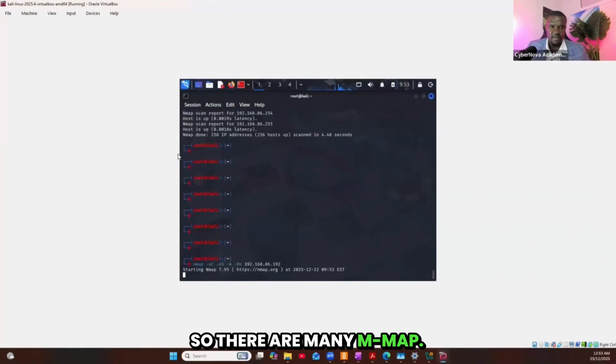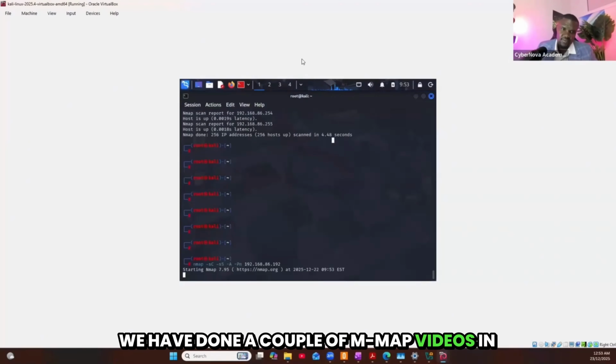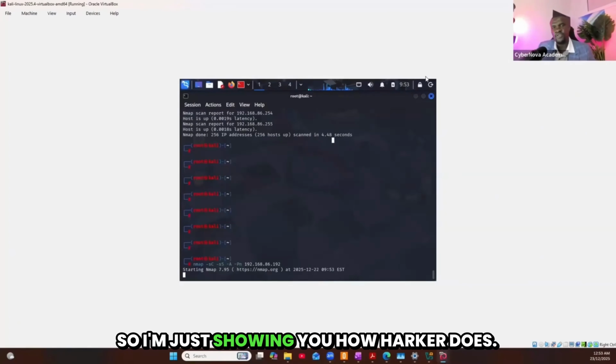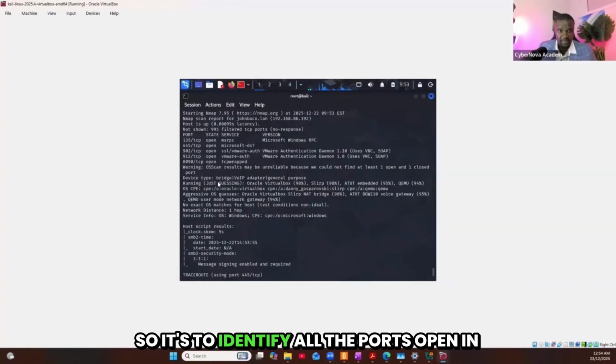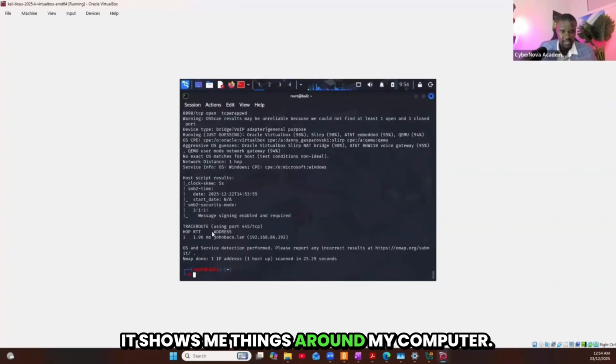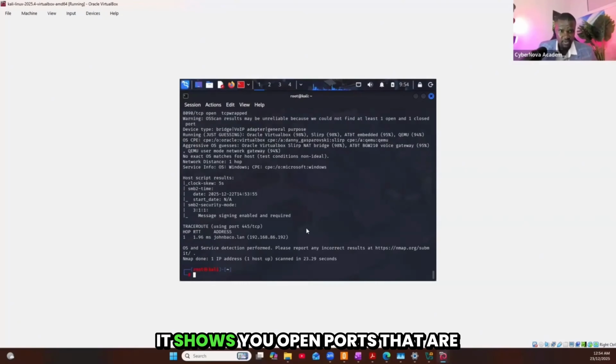So there are many Nmap uses. We have done a couple of Nmap videos in our classes. You can do some search online and use Nmap too. I'm just showing you how Kali does it. It identifies all the ports open in my system. It shows me things around my computer. So this is a quick Nmap. It shows you open ports